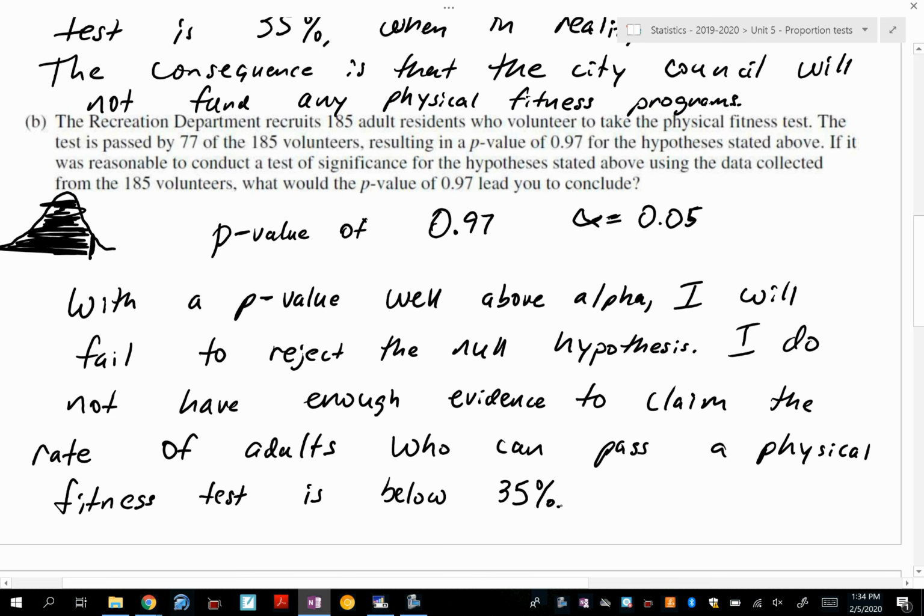So that last statement is basically just saying, in context of the problem, I do not have enough evidence